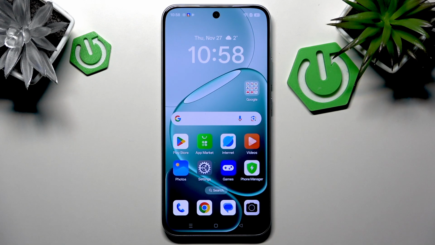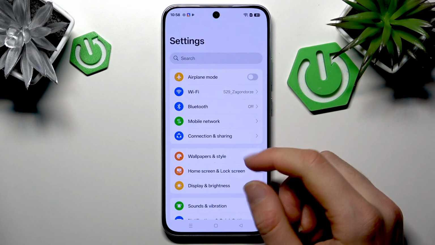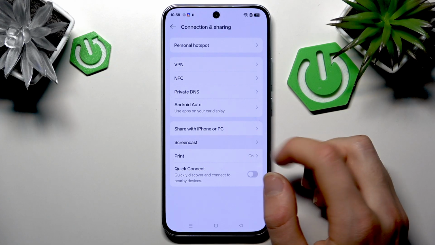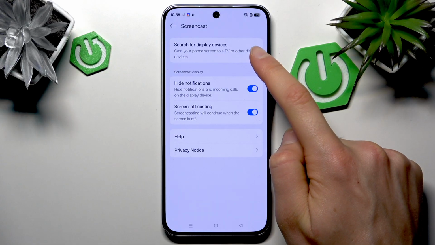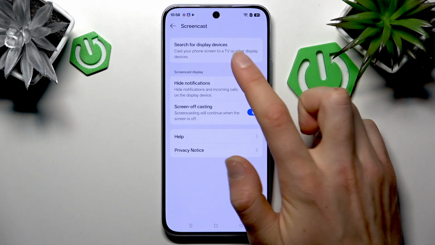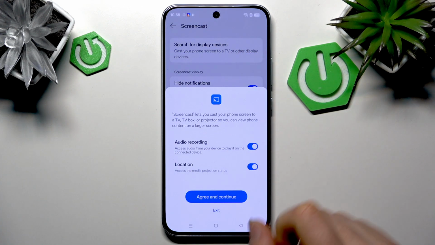how to screencast basically. So open up your settings and go here to Connection and sharing, Screencast. And the first option right here, search for display devices, cast your phone screen to a TV or other display devices. Click on it,